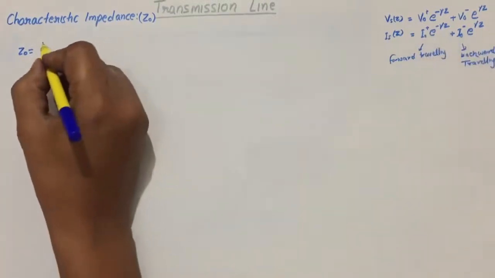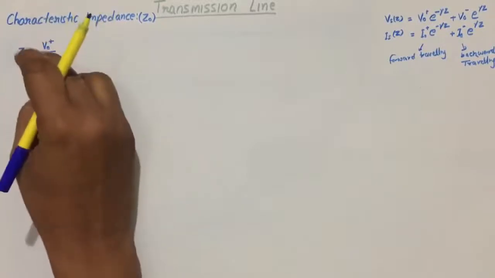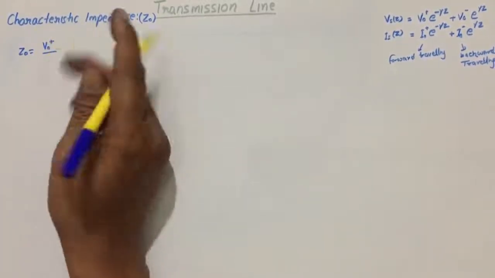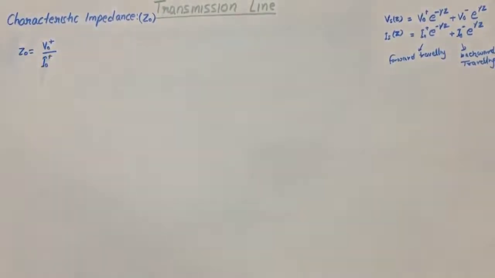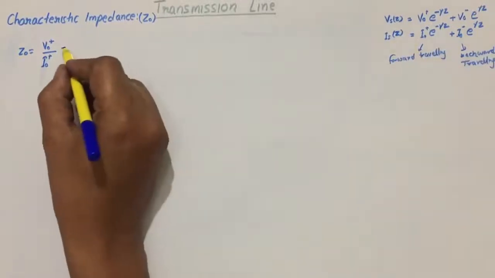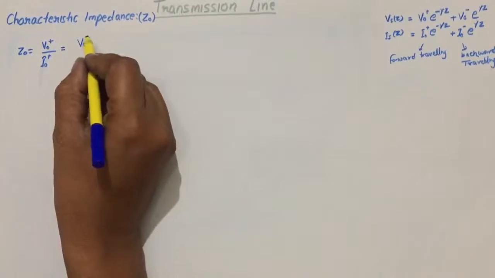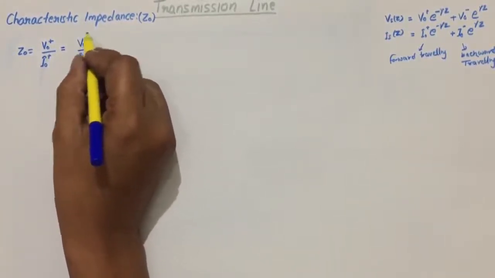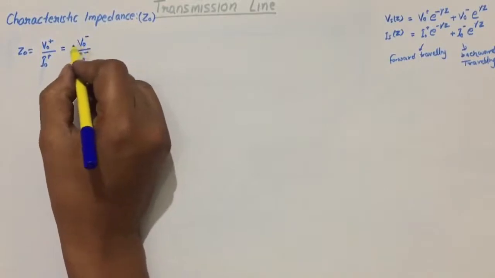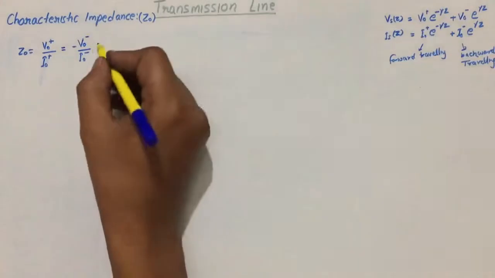And it can also be written as the ratio of the reverse traveling voltage wave to the reverse traveling current wave, but since it is traveling in the reverse direction, there should be a minus here. And it can be further